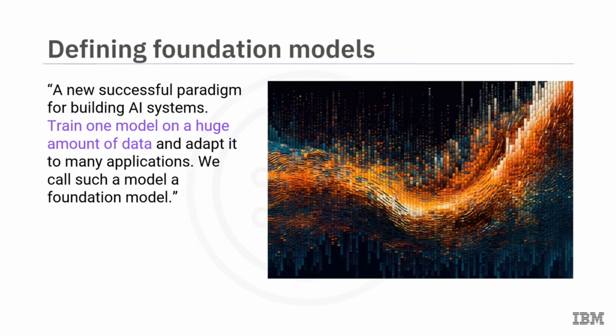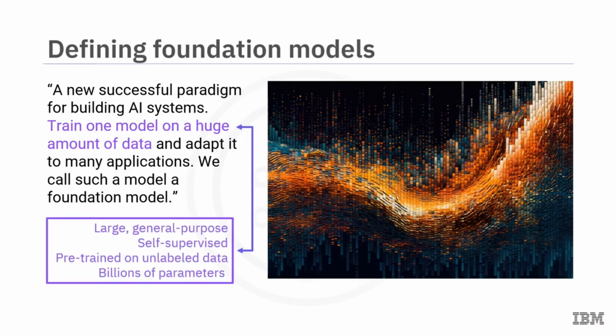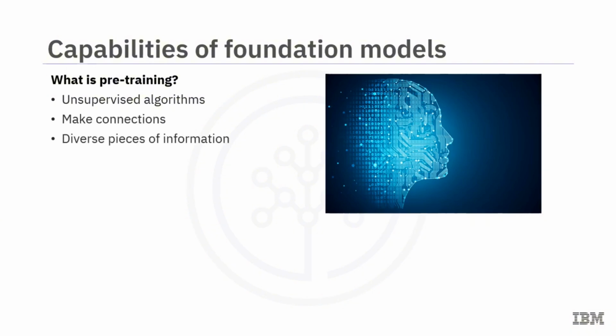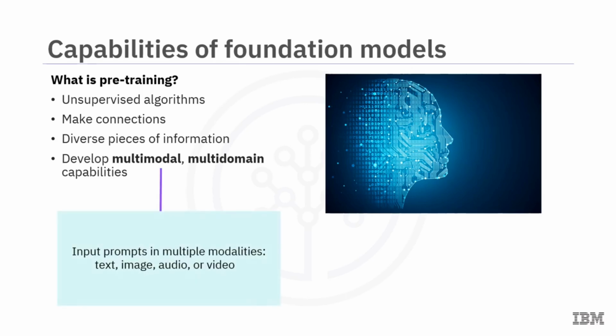The first part of this definition says, train one model on a huge amount of data. How does this work? A foundation model is a large general-purpose self-supervised model that is pre-trained on vast amounts of unlabeled data, establishing billions of parameters. Pre-training is a technique during which unsupervised algorithms are repeatedly given the liberty to make connections between diverse pieces of information. This allows foundation models to develop multimodal, multi-domain capabilities such that they can accept input prompts in multiple modalities